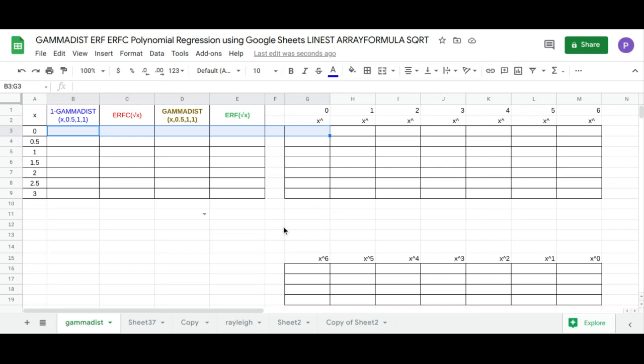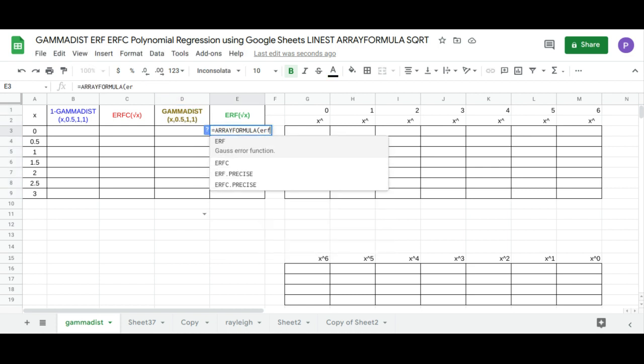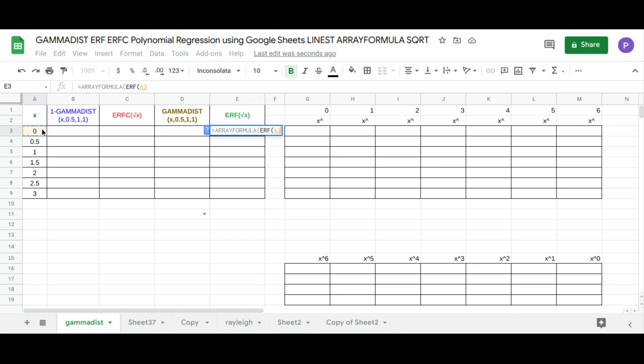In this video, we will show the datasets of the error function, the cumulative distribution function of GAMMADIST, and the complementary error function, and the complementary of this GAMMADIST function, and the relationship. We begin with the error function, which is array formula, ERF of the x values,